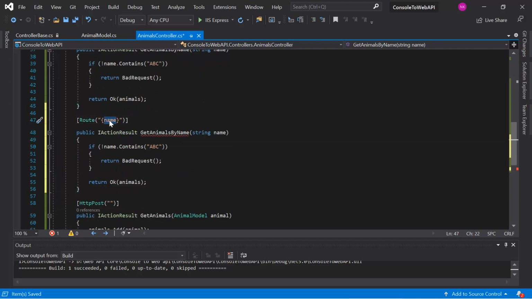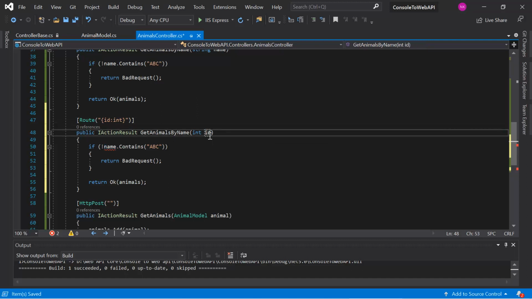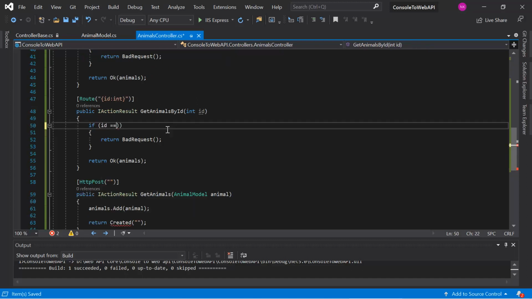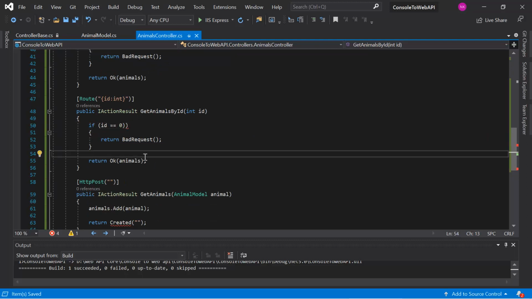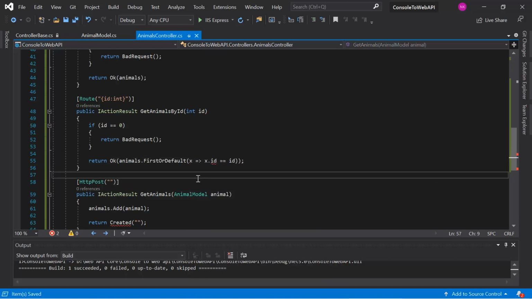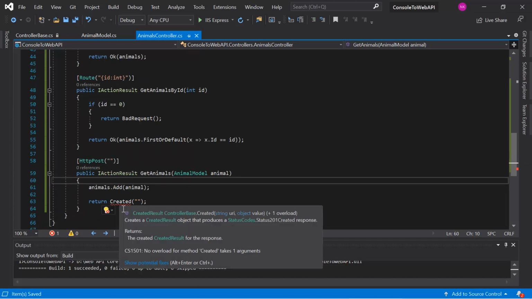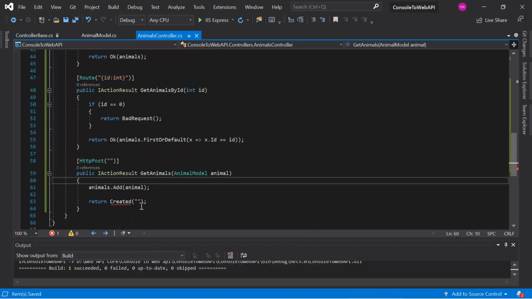And this time over here let's say I'm expecting an ID. The type is integer and over here I can simply write ID, update the name by ID. If ID equal 0, then we can return the bad request. Otherwise we can use this first or default method and here we can check for the ID. Now to access this particular resource we can use this action method. So here I have to write